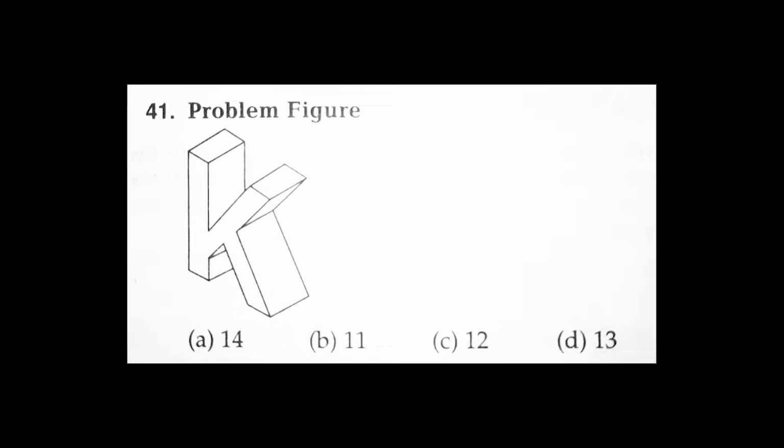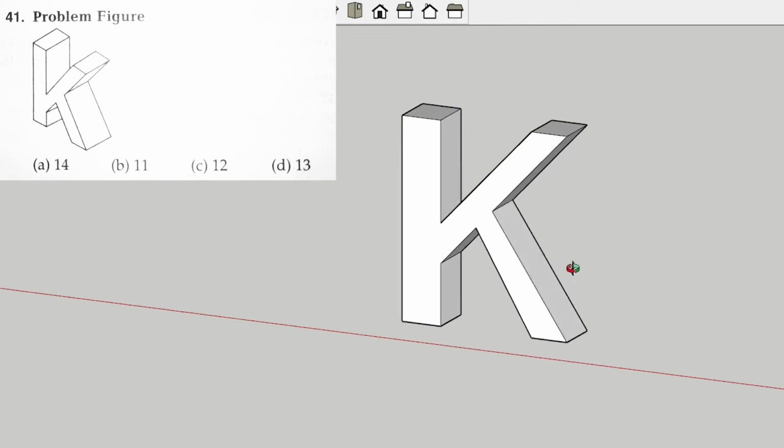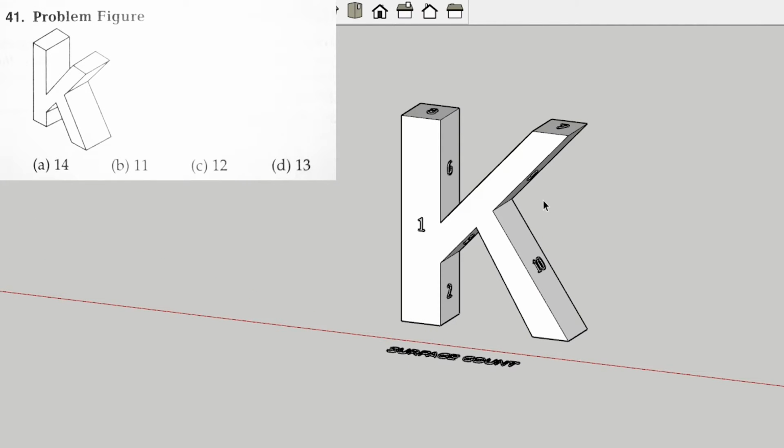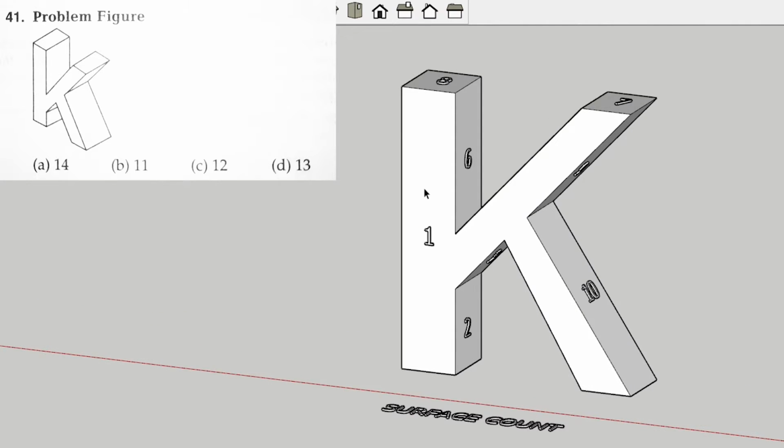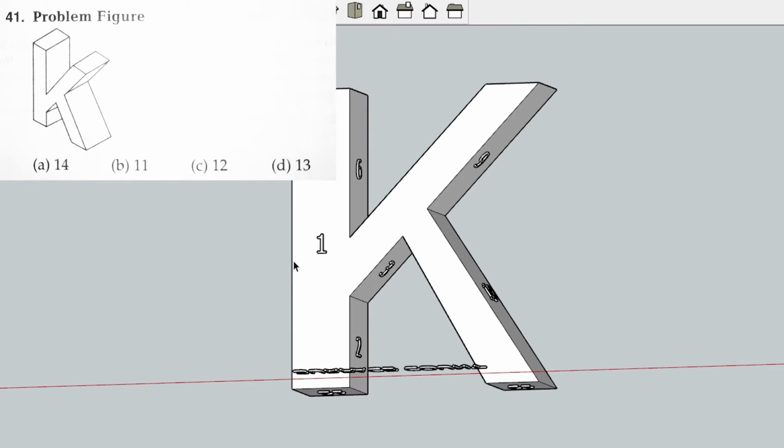So this is the second question that we are going to solve, and here is the 3D model with 4 options. Now we will jump to the 3D model here. So we have the 3D model and we will turn on the numbering of surfaces, so we can see that numbering is given to each surface. Now we will start the counting.